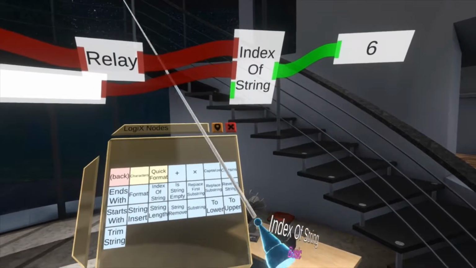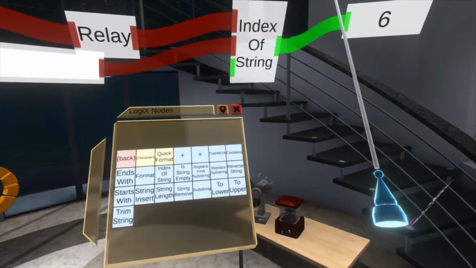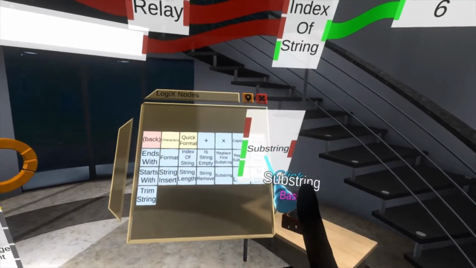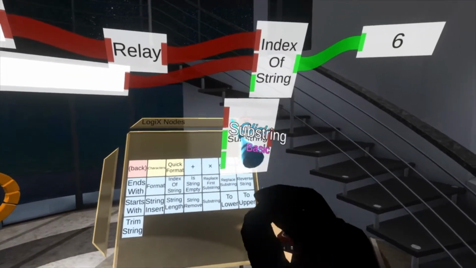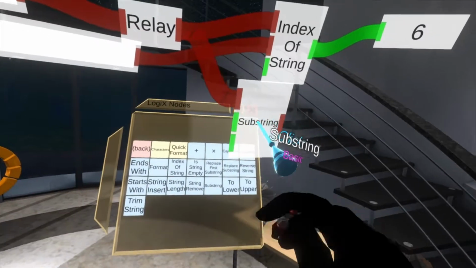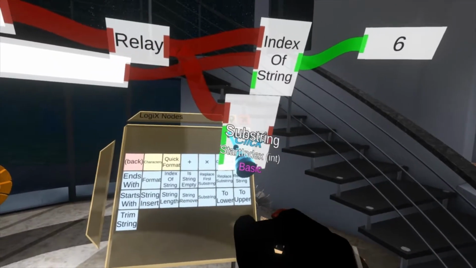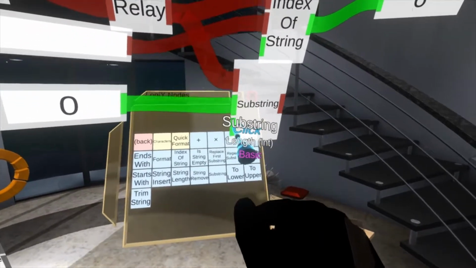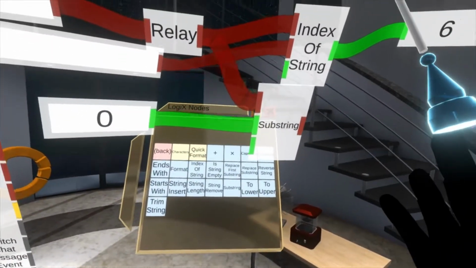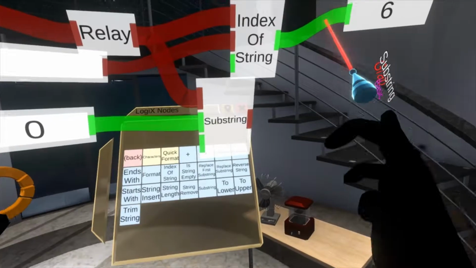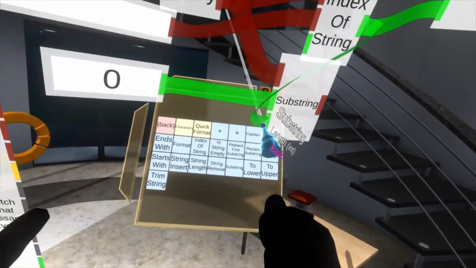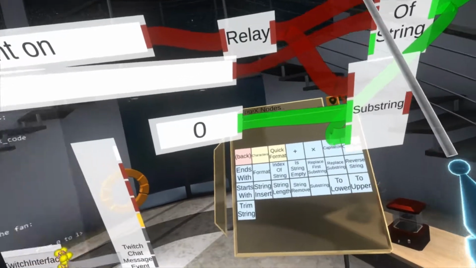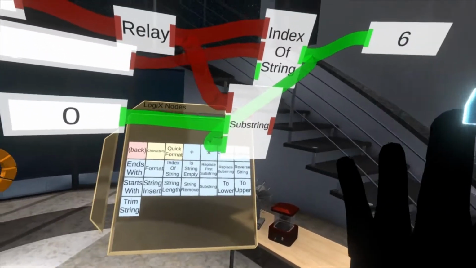And so now if we want anything up to the space, we can use the substring node here, and we can plug in the relay again, and then we can say the start index is 0, and the length of the substring is up to the space, which means 6. So we can plug this into here. So it will get the first character all the way to the 6th character,